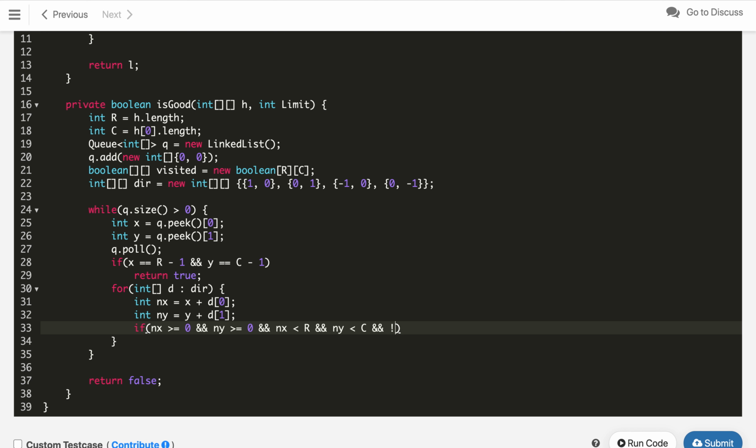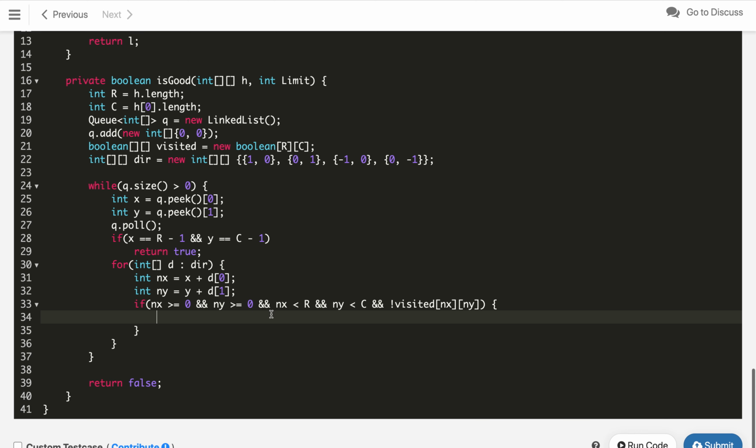So let's see visited of this next cell, which is nx and ny. If it is not already visited, and we will also check the value. So we check inside this, if it is satisfying the first constraint of boundary and not visited.